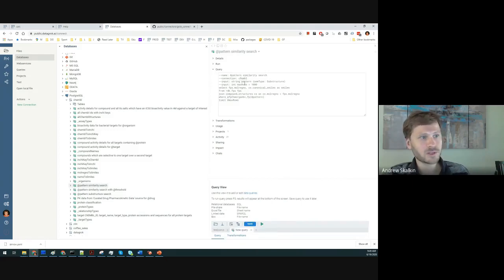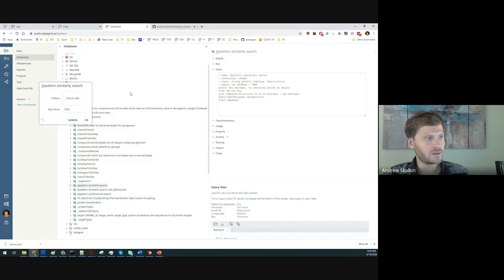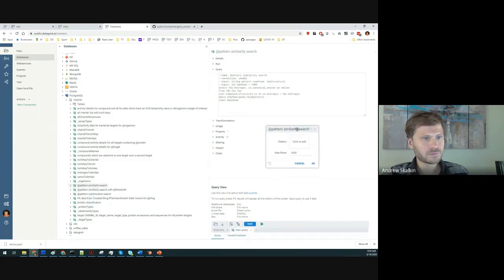What we do here is we construct a SQL query that utilizes that SQL cartridge with a specified parameter, but a parameter in this case we annotated additionally, adding information that while the data type is string, its semantic type is substructure. And in this case, when we execute this query,